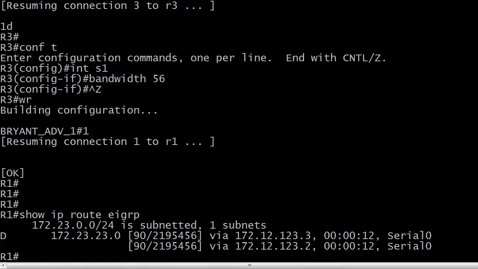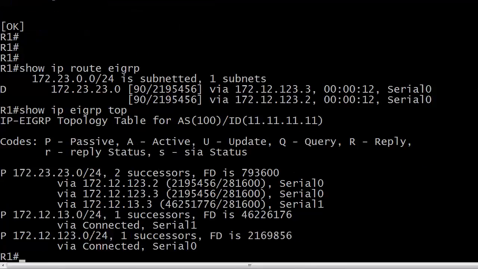okay, now we only have 2 successors. So with the other route, do you think that would still be a feasible successor? You've gotten some numeric hints here. Let's take a look. Actually, it would be, because now you can see this is much more realistic, because we